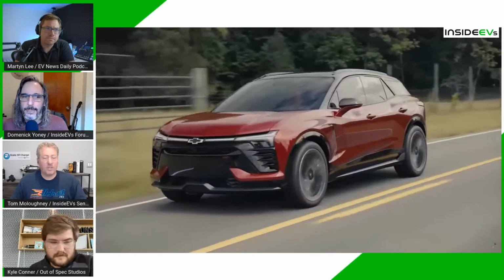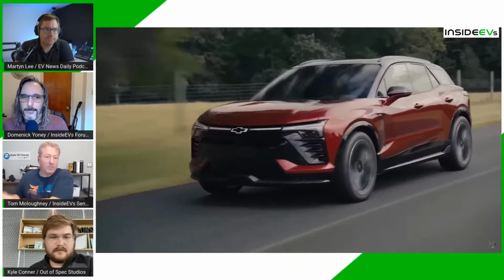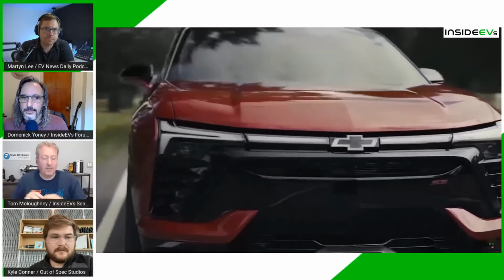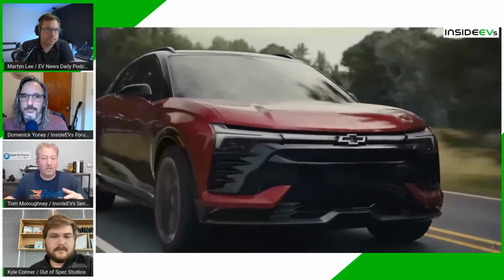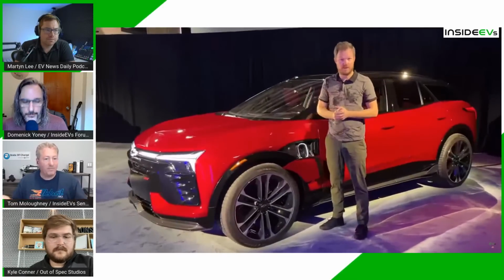So is it the Blazer that you feel is different from the Trailblazer? The Chevy Trailblazer was a little smaller, right? It was the Blazer, and then there was the Trailblazer. So this is the design language that Chevy has been bringing out with that line for a